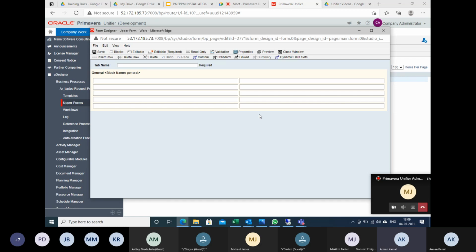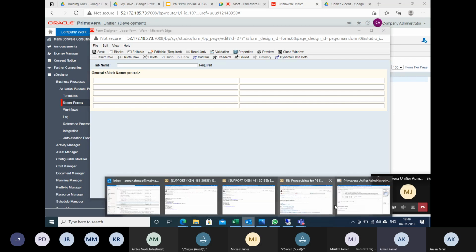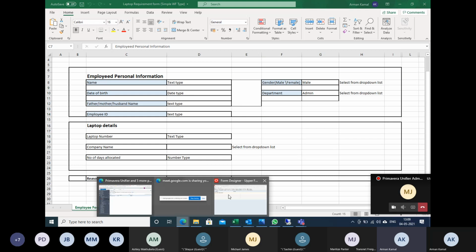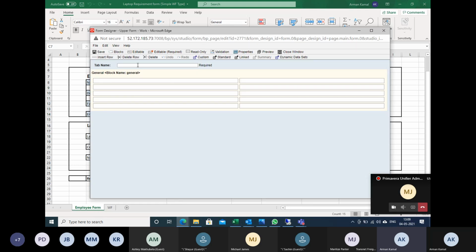So I will put the tab name as employee personal details or information.